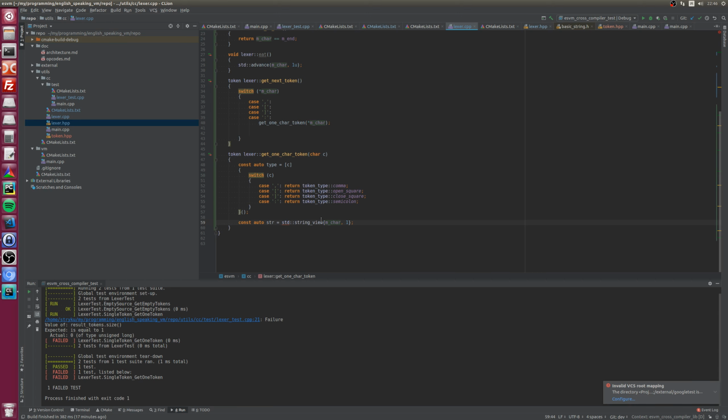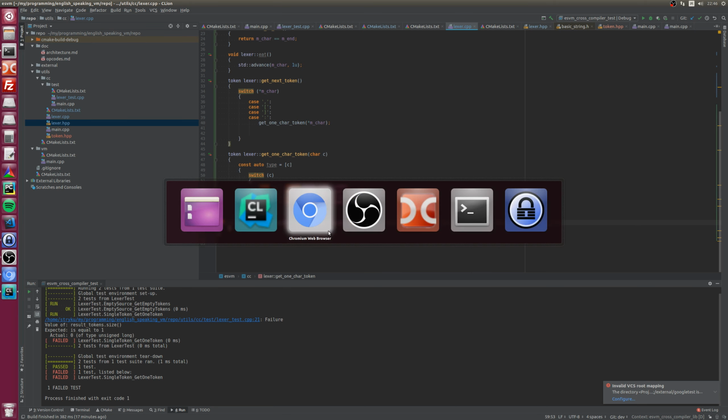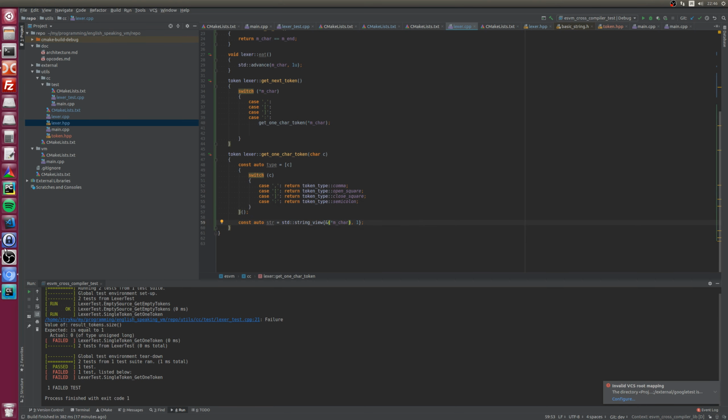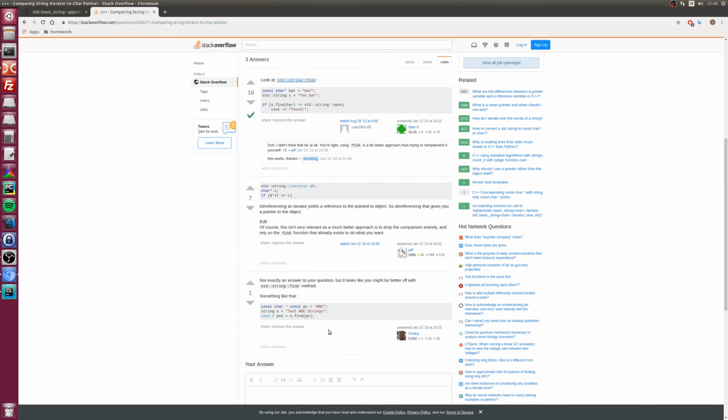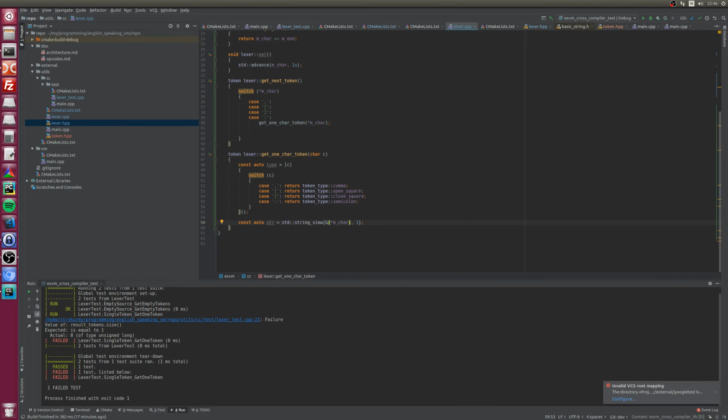So now let's get a pointer to the referenced character. Cool. Let's just see what's going on here. The referenced character is, yep, it's going to work.